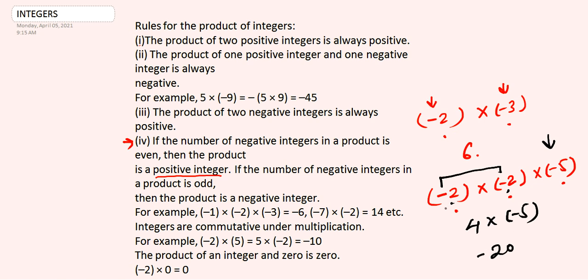Clear? ये minus 2 और minus 5, तो दो नेगेटिव साइन जब मल्टीप्लाई होते हैं तो वो प्लस हो जाते हैं. तो माइनस 2 और माइनस 2 का प्लस 4 हो जाएगा. सिर्फ एक नेगेटिव साइन यहाँ पे रहेगा, और वो नेगेटिव साइन आपका लास्ट आंसर में आएगा. इसलिए यहाँ पे दिया हुआ है कि जब आप नेगेटिव इंटीजर्स का जब आप मल्टीप्लाई करते हैं, अगर आपके पास इवन में है तो आपका आंसर पॉजिटिव आता है. जैसे ये माइनस 2 और माइनस 3, दो नेगेटिव साइन है एंड 2 इज़ अ इवन नंबर. So minus 2 minus 3 will give you plus 6. But if you are having three negative numbers, so your answer is negative.